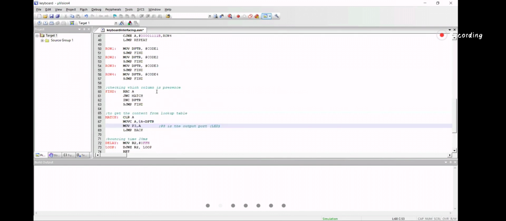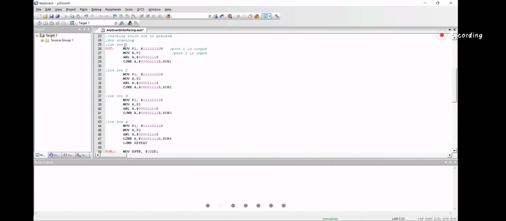Are you getting it? If row 1 is not pressed, this will not be equal. This will be equal if row 1 is pressed: this A and this value will be equal.